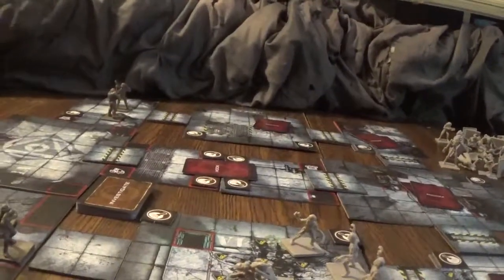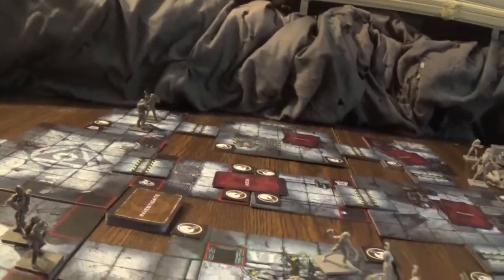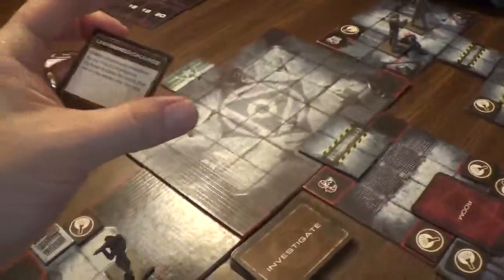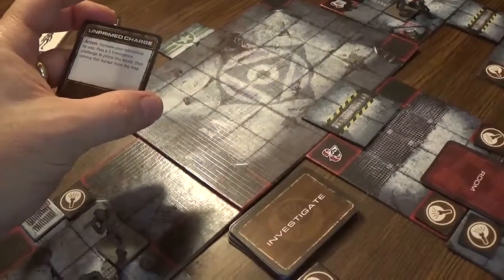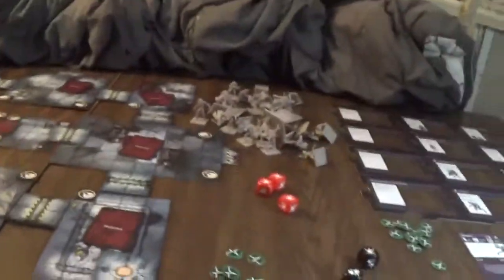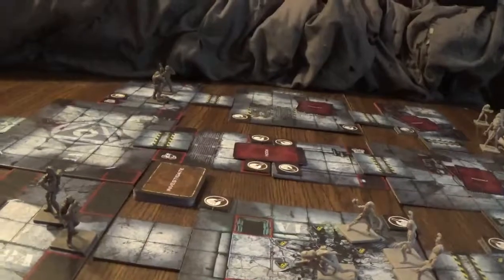That's a countermeasure specialist. Now he will spin an adrenaline. And let's look at what's on the bottom of this. This is unprimed charge. Okay, increase your adrenaline by 1, pass a 3 intelligence action. Okay, so we have to do that, but we've already done his action, so we don't get to do that this turn. The heavy support guy will move